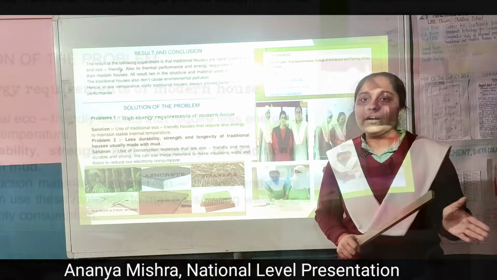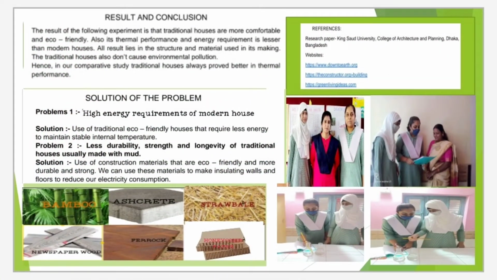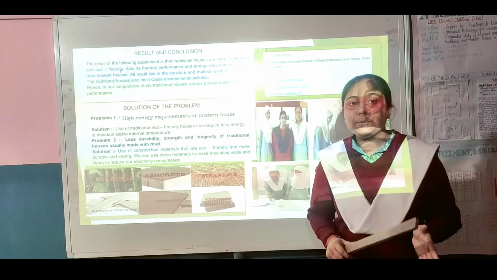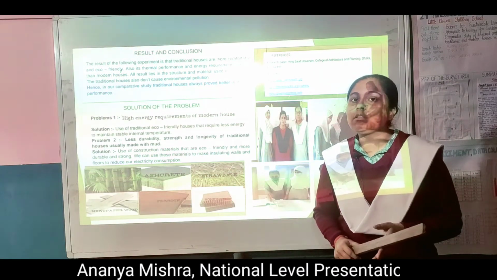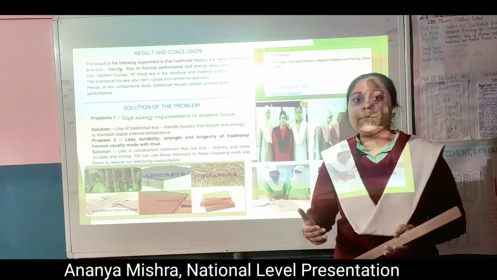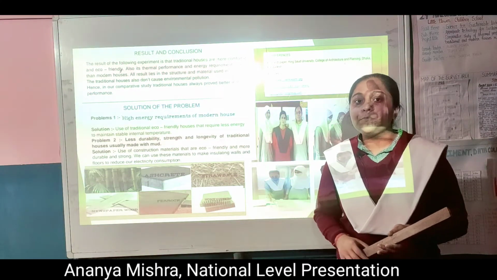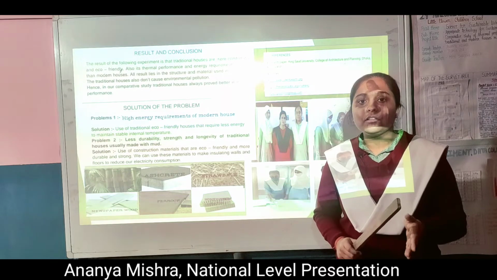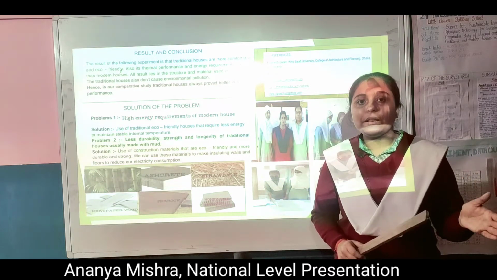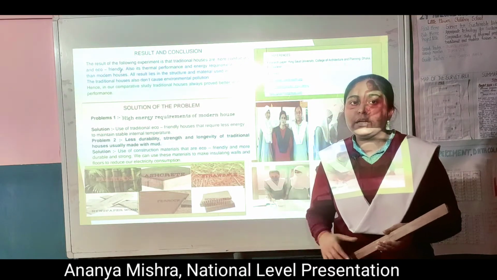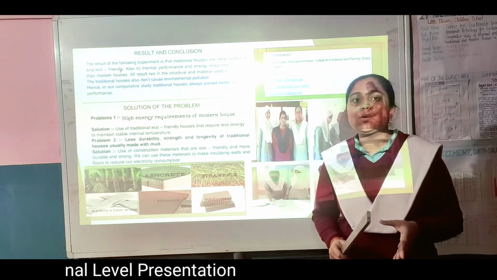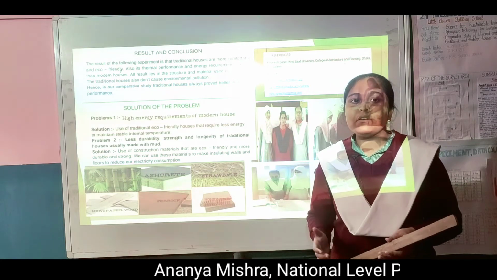Traditional eco-friendly materials are energy efficient, and their R value is very high, meaning they provide higher thermal insulation, and the temperature inside is usually maintained around room temperature. But modern houses are made with conducting materials like concrete and steel, and these materials conduct heat, so the temperature is usually governed by the outside temperature, meaning it keeps on fluctuating, and because of that we require a lot of electrical appliances to have a comfortable living.